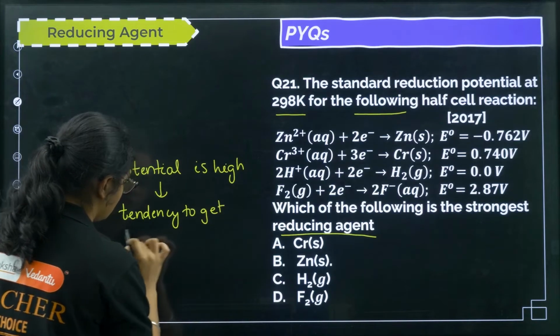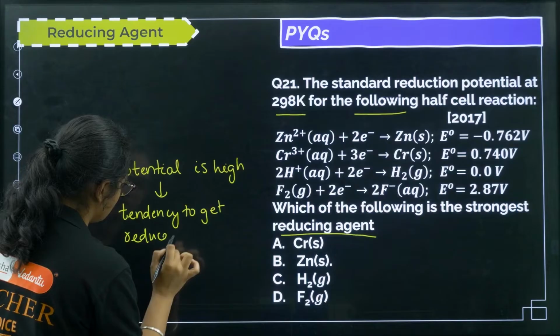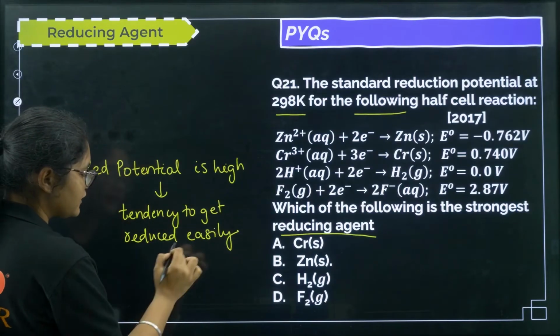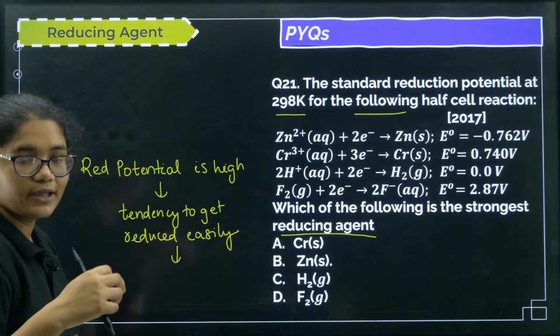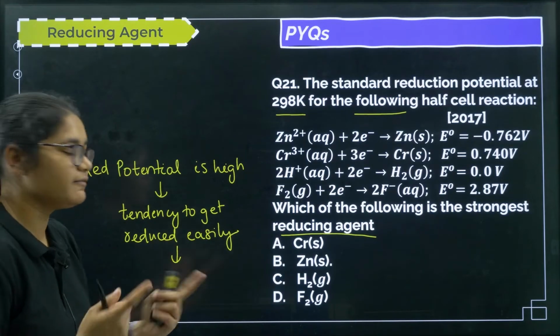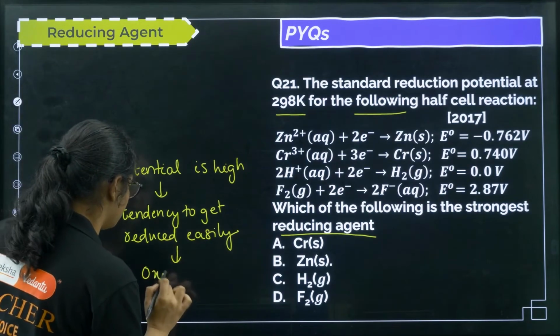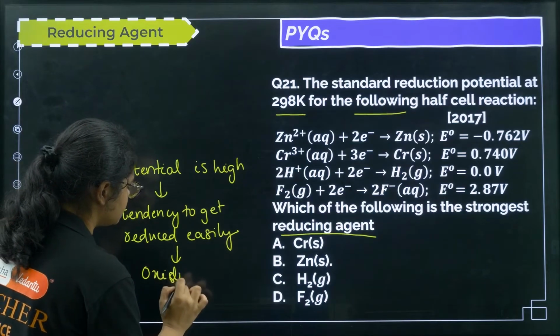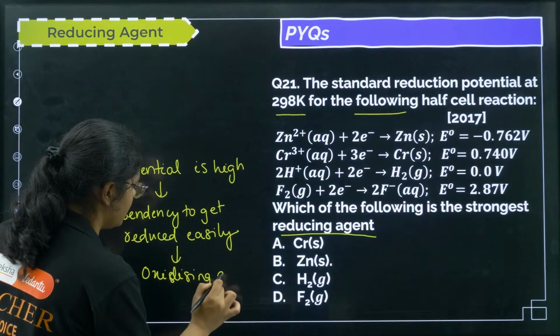Okay, now if it's getting reduced easily, that means it will behave as a good oxidizing agent, because itself it is undergoing reduction, so it will behave as an oxidizing agent,